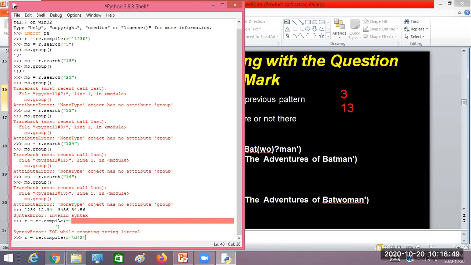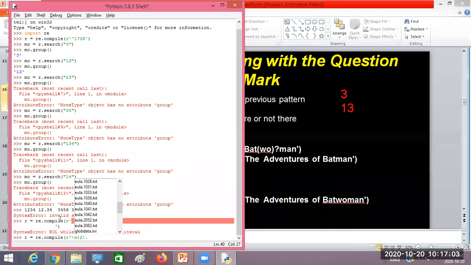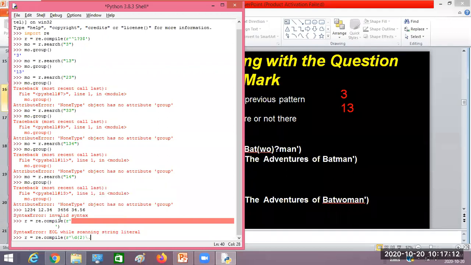Now to match a dot, you can't write this dot directly, because it is another meta character. Dot itself is a meta character, which later you'll study, which is going to match any single character except newline. So to match a dot, I'll escape it with a backslash. Any meta character that you want to match, I already discussed yesterday. Yes or no?